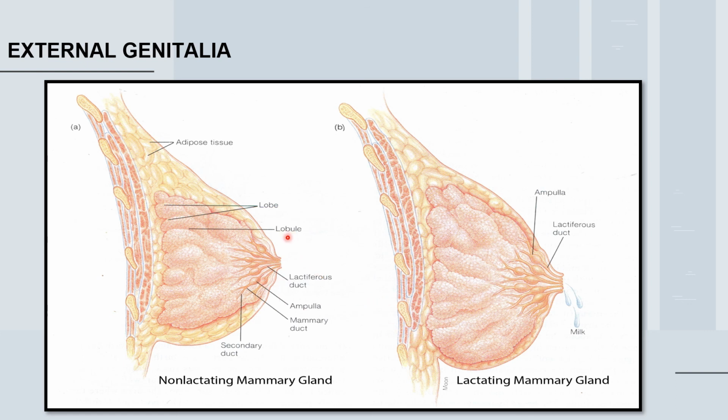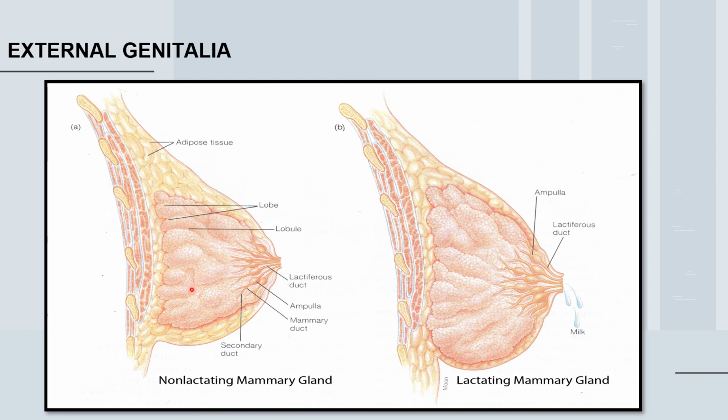Then the nipple is considered to be the apical raised portion of the mammary gland. Why is it termed apical? Because it is situated anteriorly, at the apex of this region, as you can see. The nipple is surrounded by a circular dark brown region called the areola.